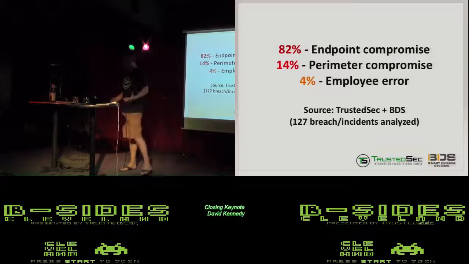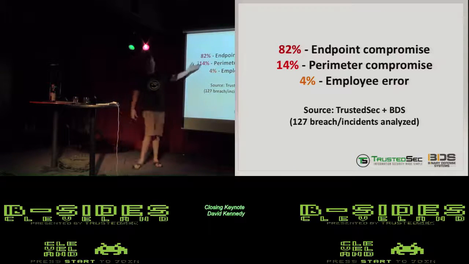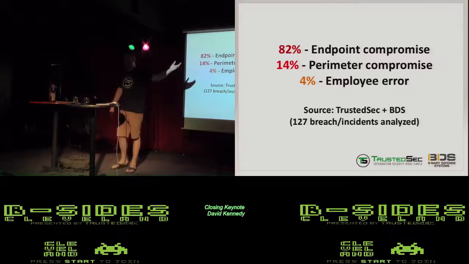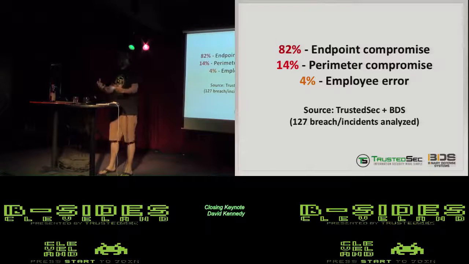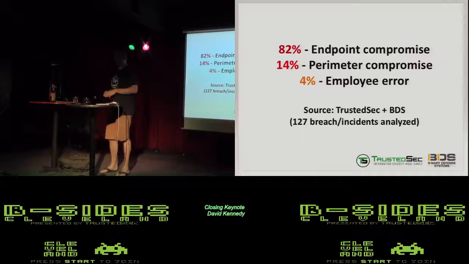I mean, I can go and buy an EK, or exploit kit, on the market for $200 to $800, and now I can send social engineering campaigns out the next day. I don't have to worry about figuring out what SQL injection is or learning how to hack web applications. I can just target the users and then use my ransomware stuff or whatever I'm going to use in order to do it. 4% employee error, typically around sharing credentials across the board or using the same